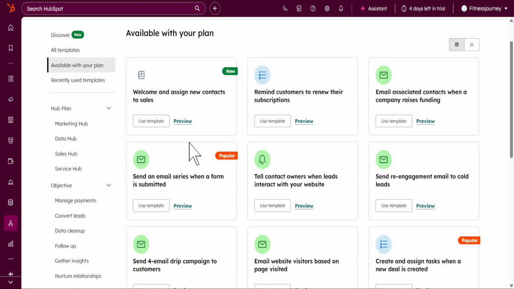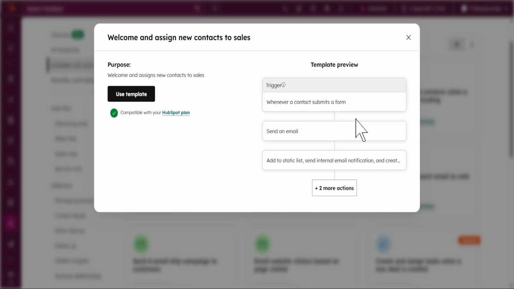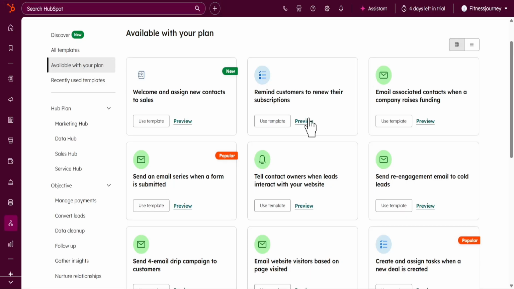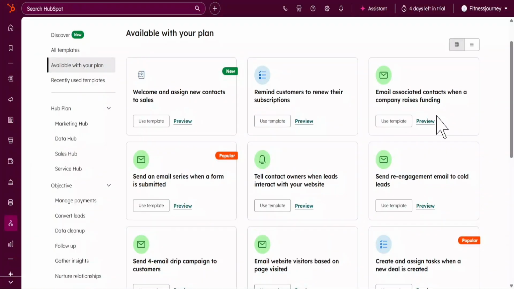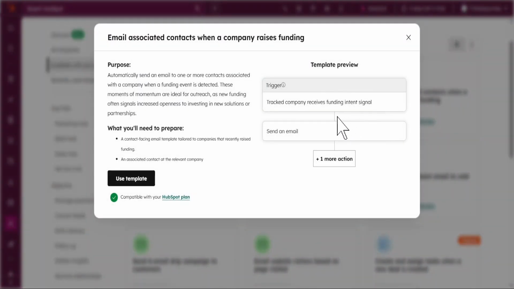The Welcome and Assign New Contacts to Sales template welcomes new contacts, assigns an owner, and can create a follow-up task. Remind customers to renew their subscription schedules time-based reminders ahead of a renewal date and can branch based on response. Email associated contacts when a company raises funding triggers on a company update and notifies or emails related contacts